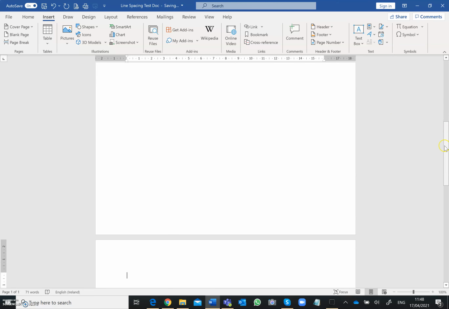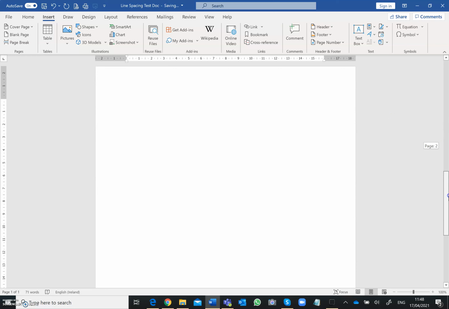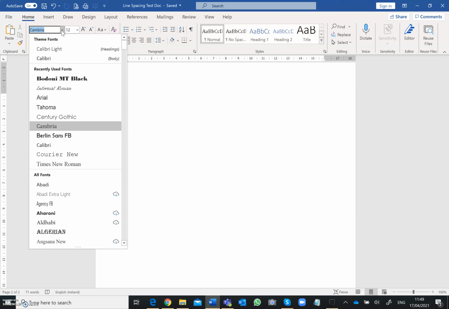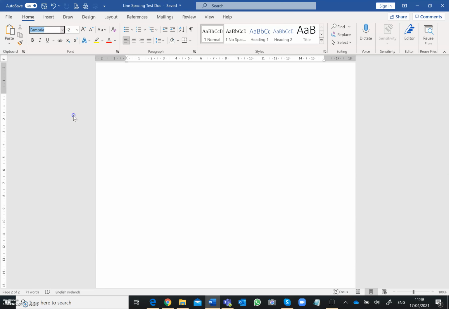And take me down to my second page, and we will organize the text now for our poster. So on page 22, I've asked you to select, so I'm going to go to the Home tab on the ribbon. I've asked you to use the font Century Gothic, and the font size 18 for the text in your poster and to have that text center aligned. Okay, so the text you're using is